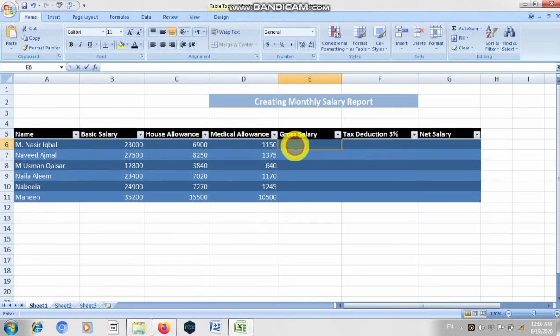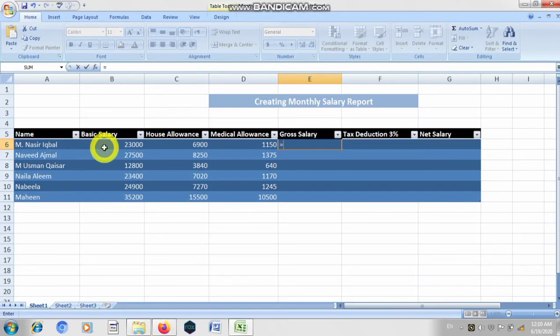How can we calculate it? You just have to double click and insert the formula. Each formula starts with the sign of equal. Next you have to add these three values: 23,000, 6,900 and 1,150. What you have to enter is their cell address.